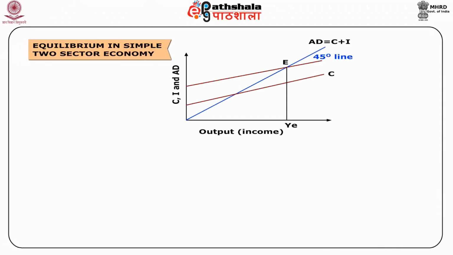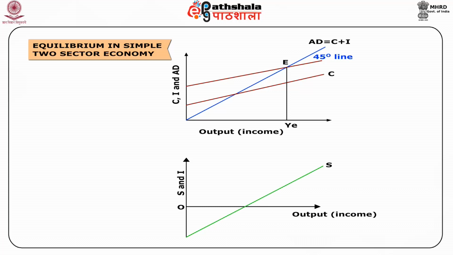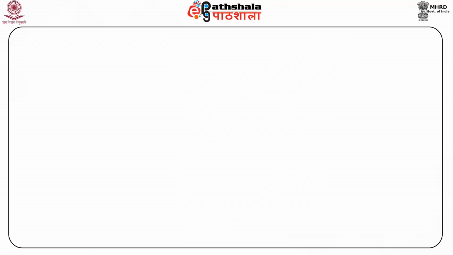This analysis indicates that there is a unique equilibrium at which aggregate demand, that is C plus I, of the economy is equal to aggregate production or supply Y. Now, the lower panel of the diagram consists of the savings curve S and investment curve I. It can be seen that the equilibrium level of income, that is E in the upper panel, coincides with the equilibrium point determined by the interaction of S and I in the lower panel. Essentially, both these equilibrium conditions.